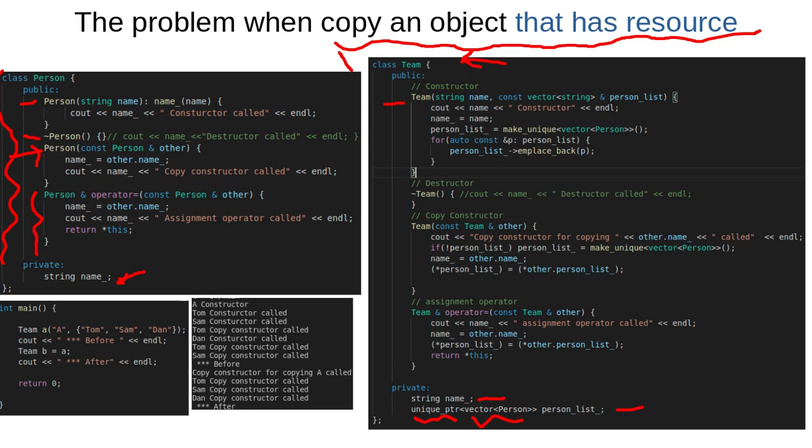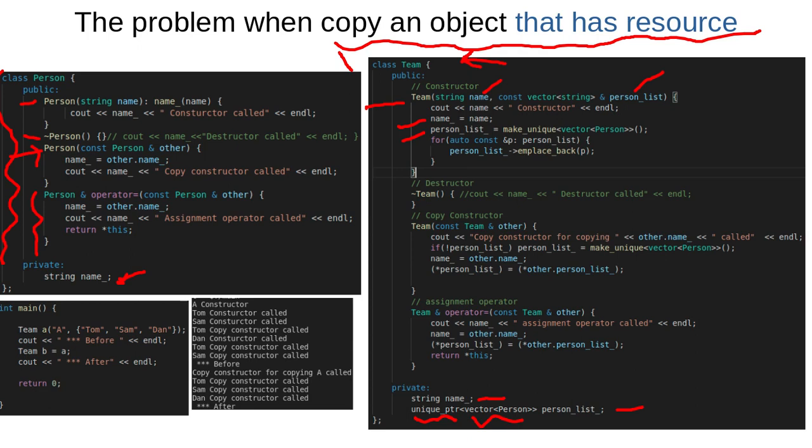And this is the constructor of the team. It takes the name of the team in its parameter and a vector of strings which represent the names of persons. Through these names I'll create person objects, as here, name equal name, and here I let the unique pointer create